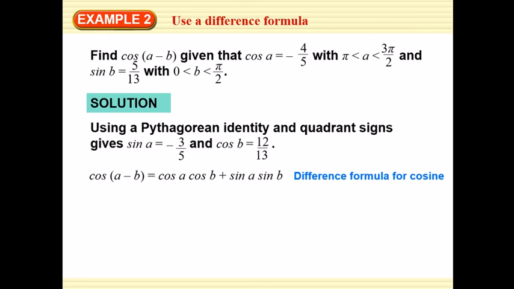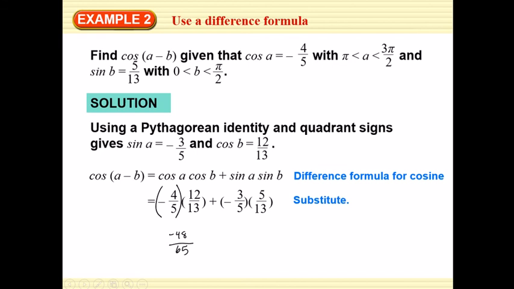So, moving forward with all that, I can use the difference formula for cosine. Now that I have cosine of A, cosine of B, plus the sine of A, the sine of B, I substitute in my values. I would be careful and use parentheses for all of them. So when I multiply through, -4 times 12 is -48. And then 5 times 13, I have 5 times 10, 50, plus 5 times 3, 15, so it's 65. And that ends up being minus 15 over 65, which gives me